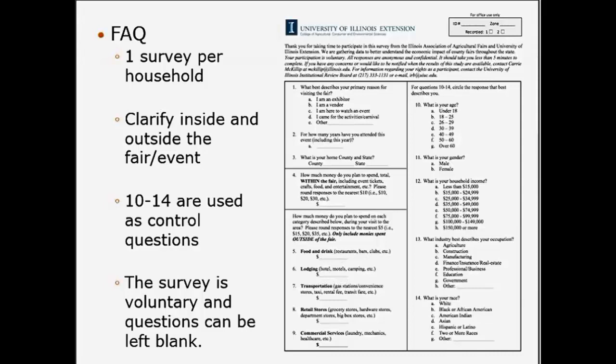And then transportation, you will get some questions about, I'm sure. This is going to be how much money they spent outside of the fair in general. So some people might think, are you only asking how much money I spent in this city or in this county? Because if I traveled 4 counties, I spent gas at my home county or something like that. In the case of transportation, we're just interested in the total number. We don't expect them to try to work out the math of, I bought gas here, here, and here, so you're only interested in that. We just want to know, in general, in coming to this event, how much money do they spend on gas and convenience stores or rental fees for cars and other things like that.